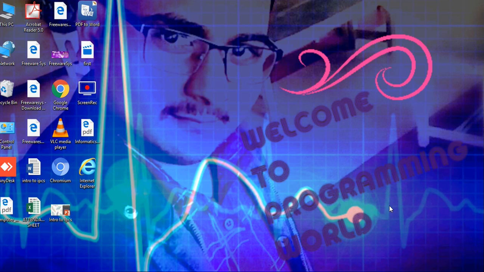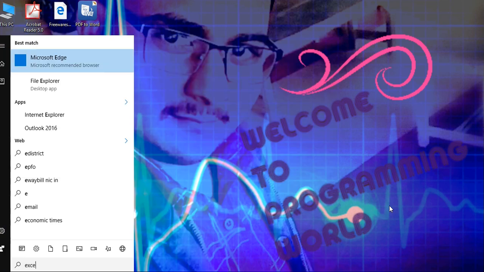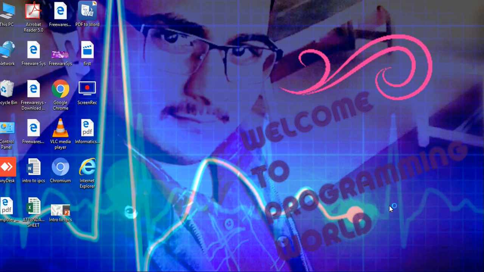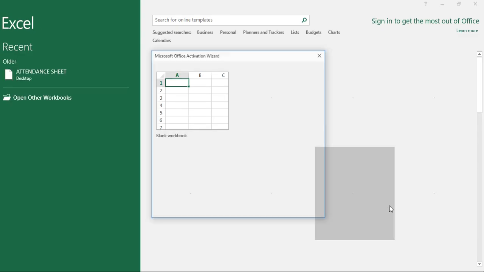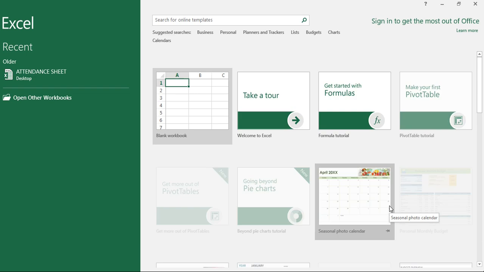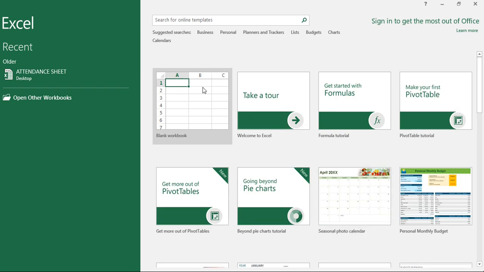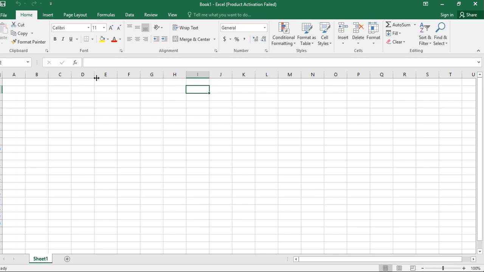To create a CSV file, follow these steps. At first, open your Excel. Create simple data.